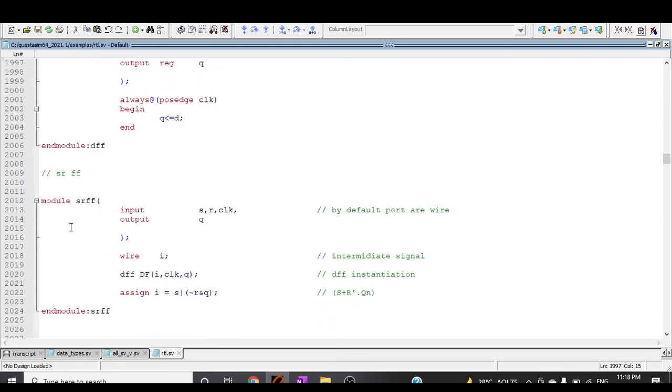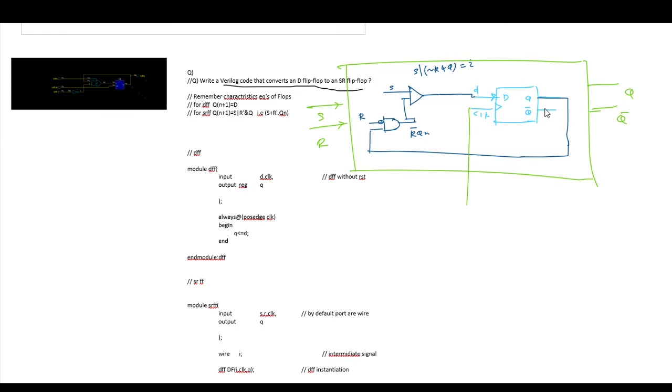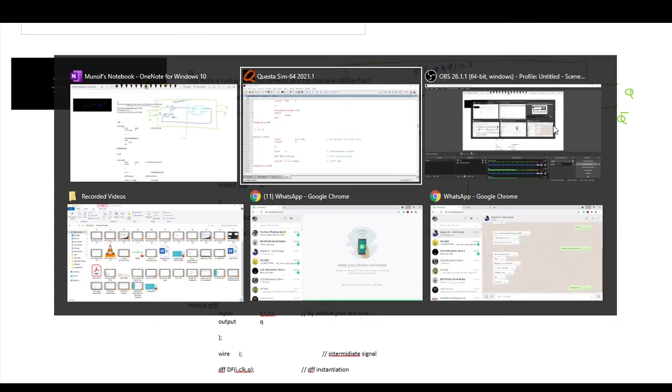So if you write the SR flip-flop like this, we will get the output like this circuit, and in total the diagram is something like this: Q, QB or Q bar, S, R, and this will be clock. So this is how you can make a very simple code which converts D flip-flop into SR flip-flop.